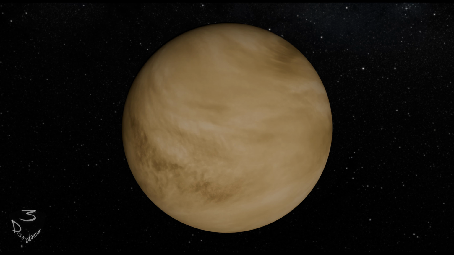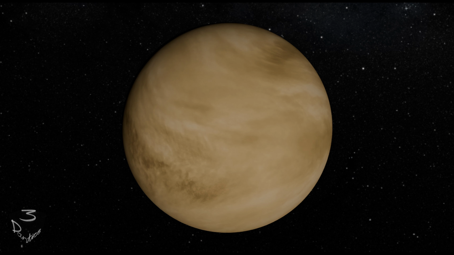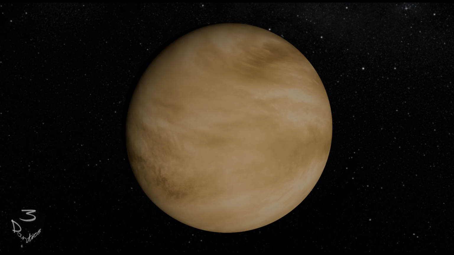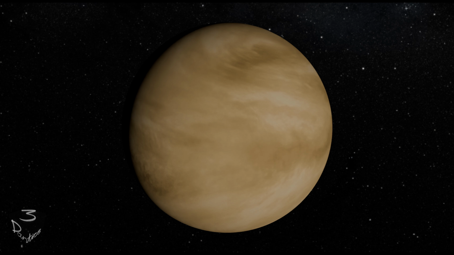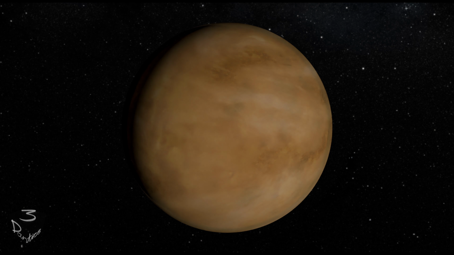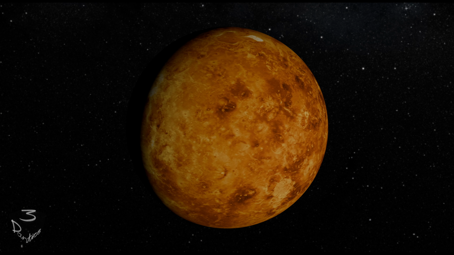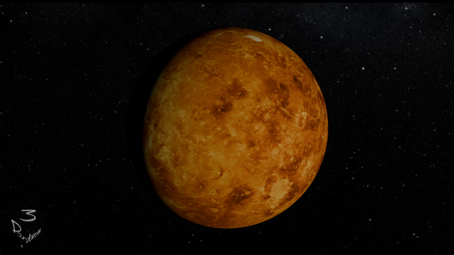If the acid rain wasn't enough to put you off, then you'd find that the atmosphere is so thick and dense that the surface pressure is 92 times greater than Earth's. That would be like diving 950 meters underwater. Military submarines only dive to around 900 meters. The atmosphere is so thick, we're not even looking at the planet's surface. Underneath all of this beauty is a volcanic surface hot enough to melt lead. Venus is the hottest planet of them all. It's heavenly on the outside and hellish underneath.